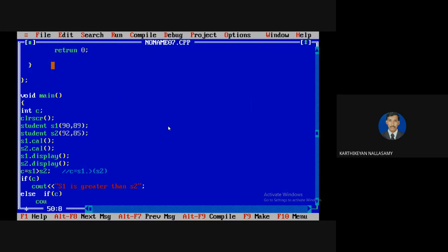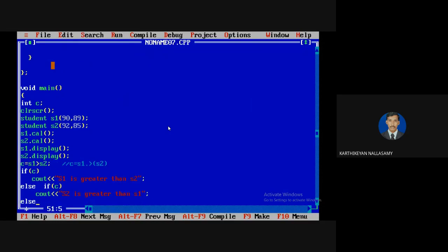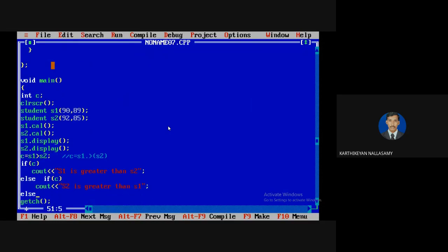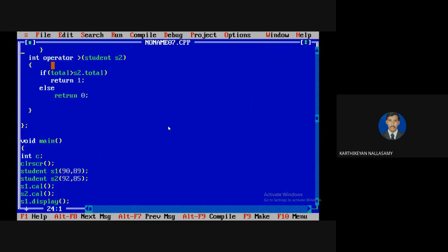So here I'm going to go with the 3 possible ways. S2 is greater than S1. Else, actually here another problem we have.